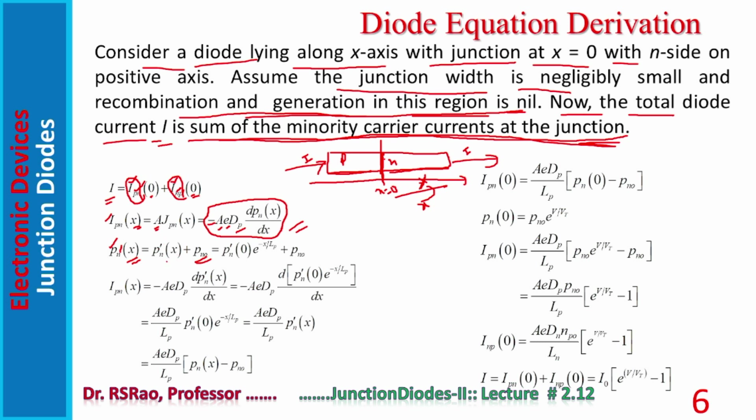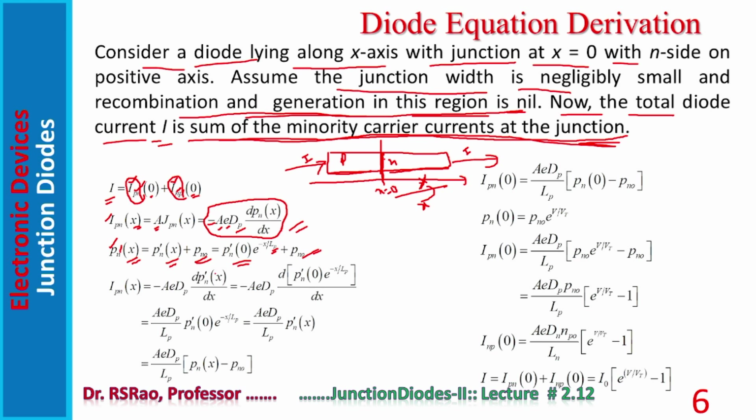Pn'(x) means injected carrier concentration, hole concentration at a distance of x on N side. Now let us move further. Pn'(x) can be expressed as Pn'(0) e^(-x/Lp)